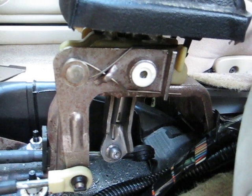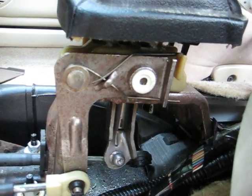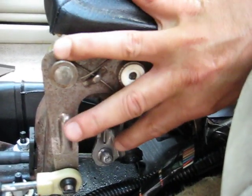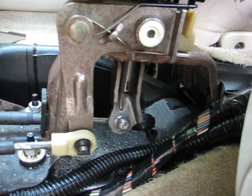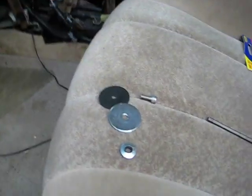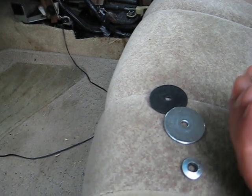$200 for the linkage and $300 for the labor, so I decided to try to fix this myself. I repaired it by drilling a hole in the center of this ball here and tapping it out with an 8-24 tap. After I tapped it out, here's a